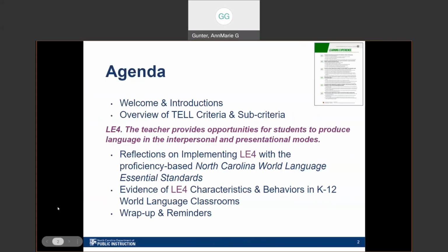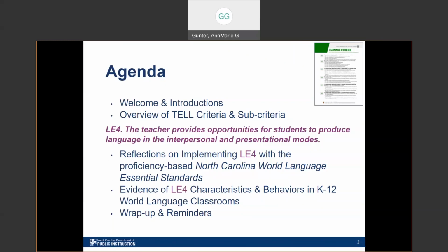Today's agenda is coming up on screen. We're going to start with some welcome and introductions today, and then an overview of the TAO criteria and its sub-criteria that we're focusing on. As I said, that's LE4, or the teacher provides opportunities for students to produce language in the interpersonal and presentational modes.